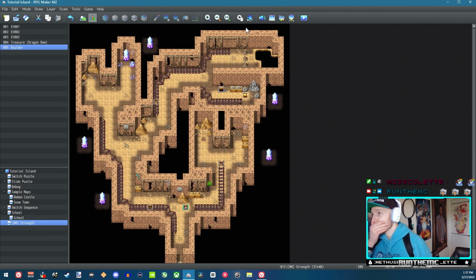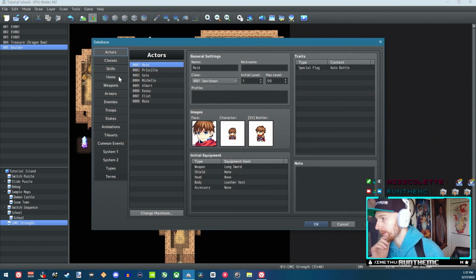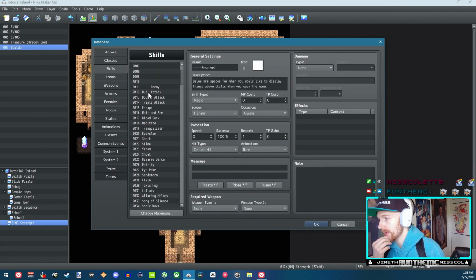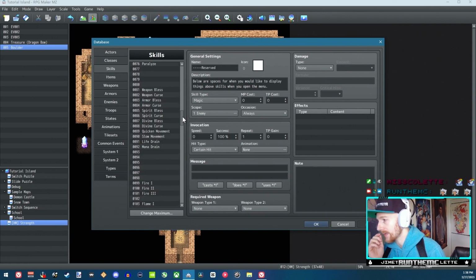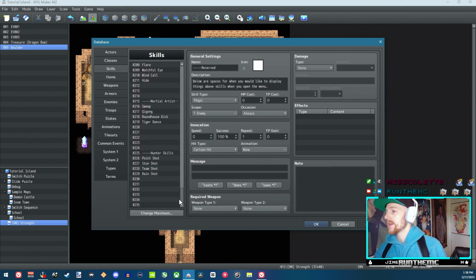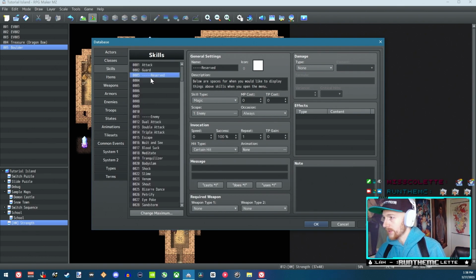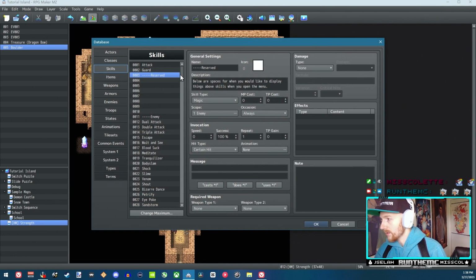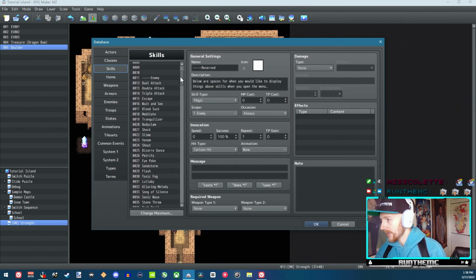If you have a certain skill in your inventory, or on your character, or you could do it if you have a certain item, you could really do it any way you wanted to. We're going to try to stay fairly true to Pokemon, and we're going to make it a skill. If you have a certain skill, then you can walk up to the boulder and move it. Essentially, now that you have this skill, you'll be able to walk up to the boulder and move it. So let us just create...